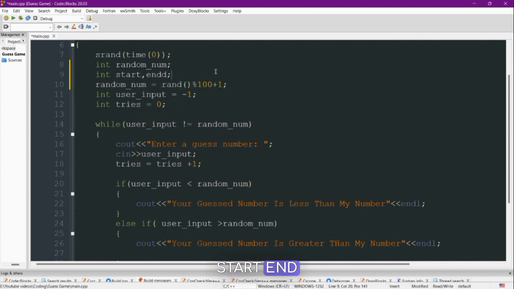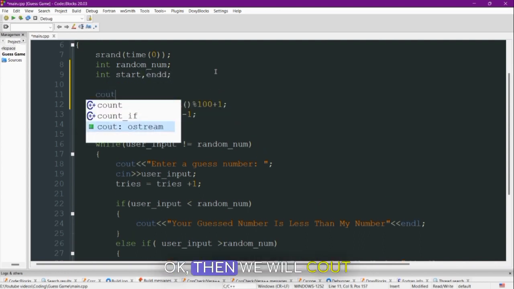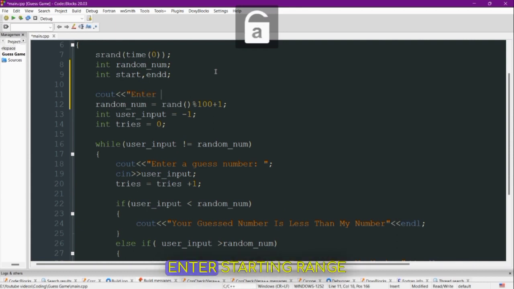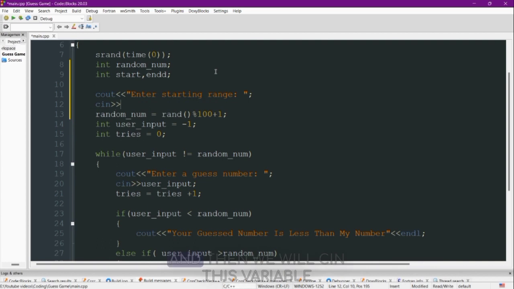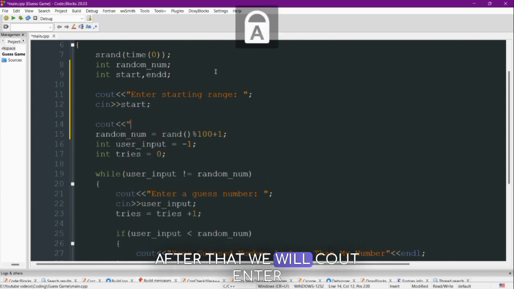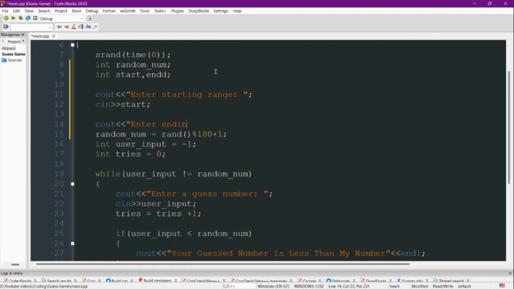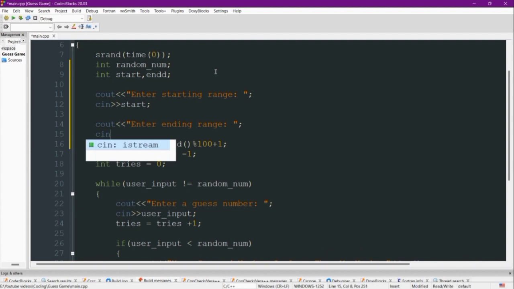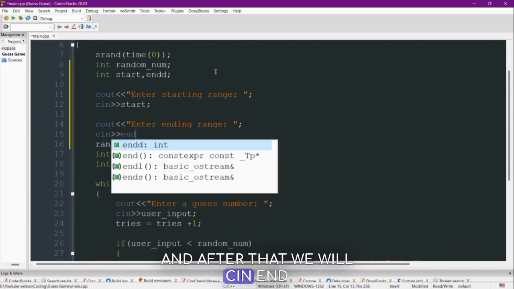Start and end, okay, then we will write out enter starting range and then we will read in this variable. After that we will write out enter ending range and after that we will read in